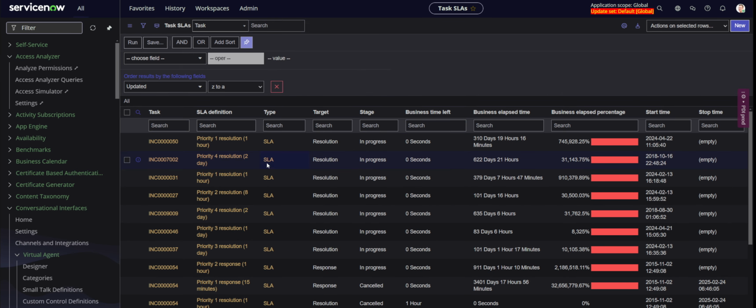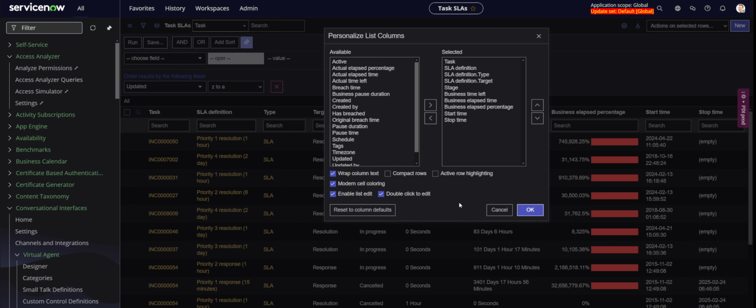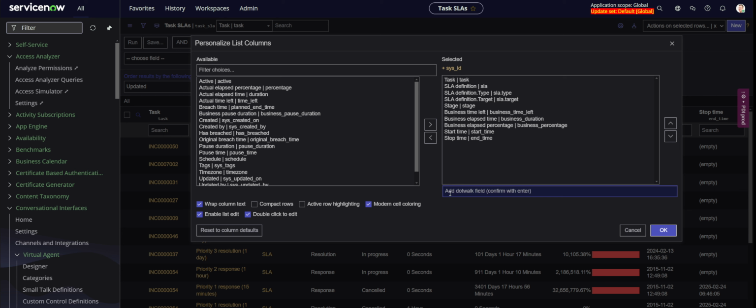So what we don't have in this table is, for example, the assigned to. We don't see the person assigned to this task. If you want to see that, we can actually go to personalized list, and we can toggle on the technical names. So in my case it's Alt Q. And then we get this add dot walk field. So we can click in task, and then we can dot walk further down. So I can do task dot assigned to,